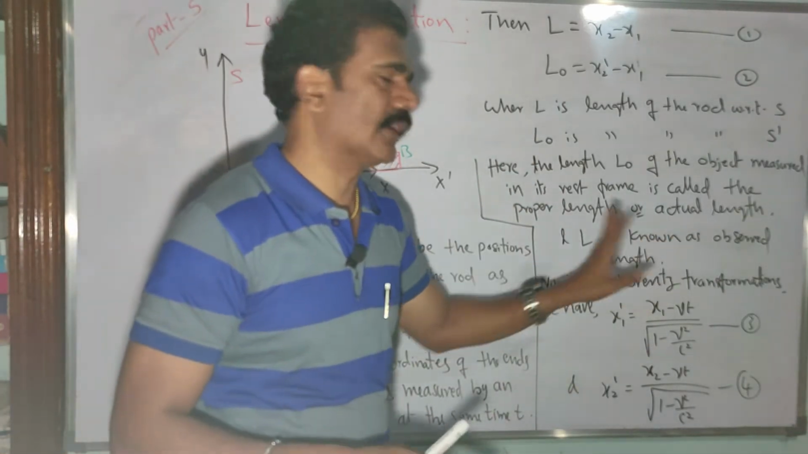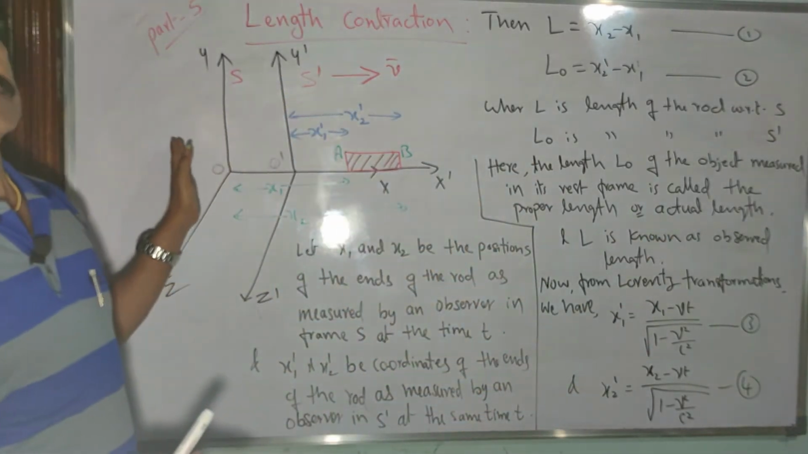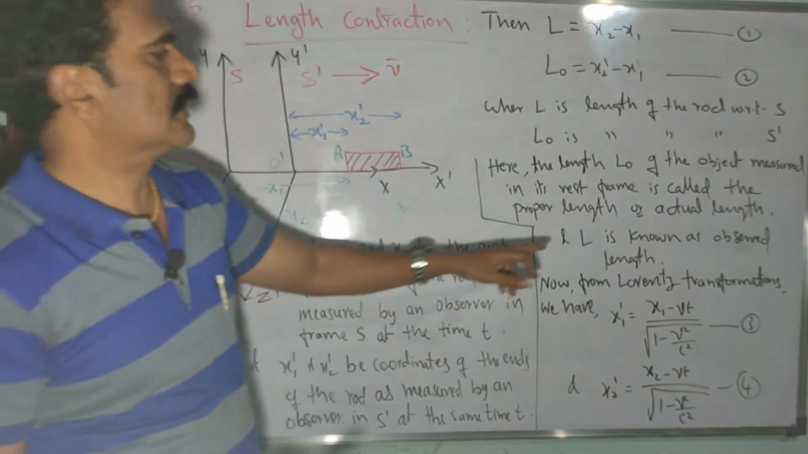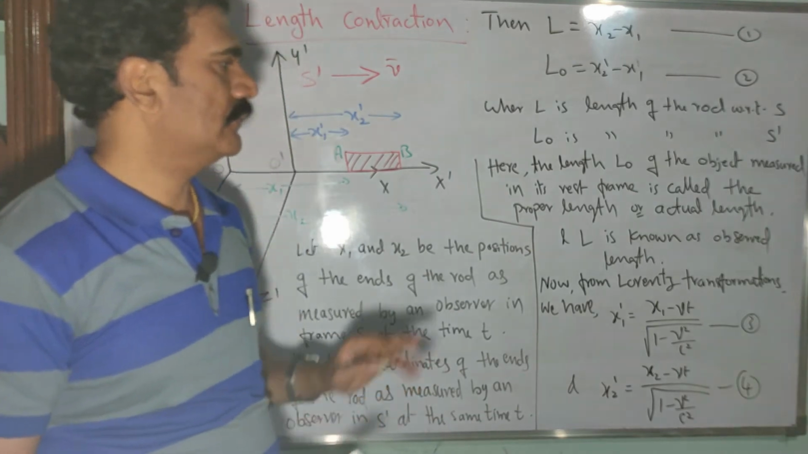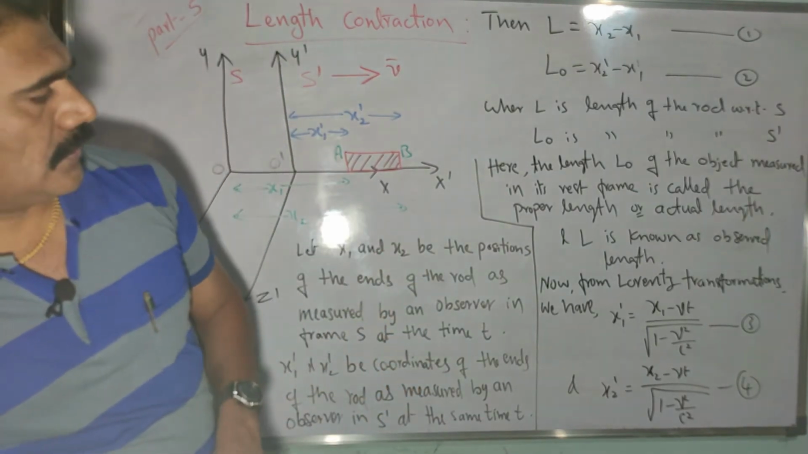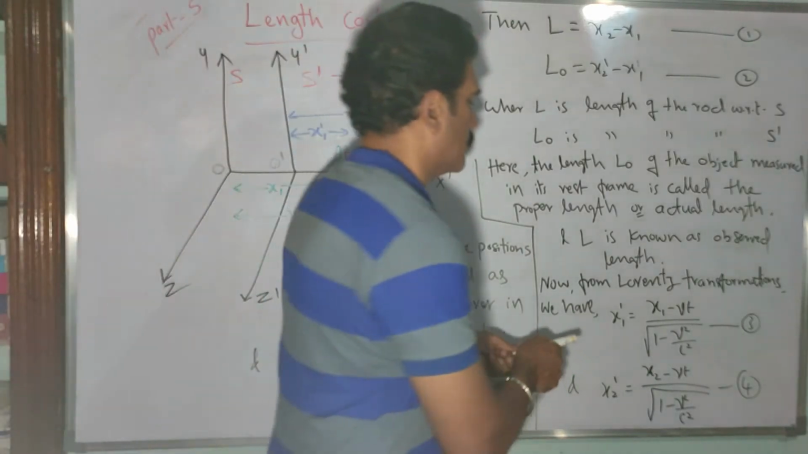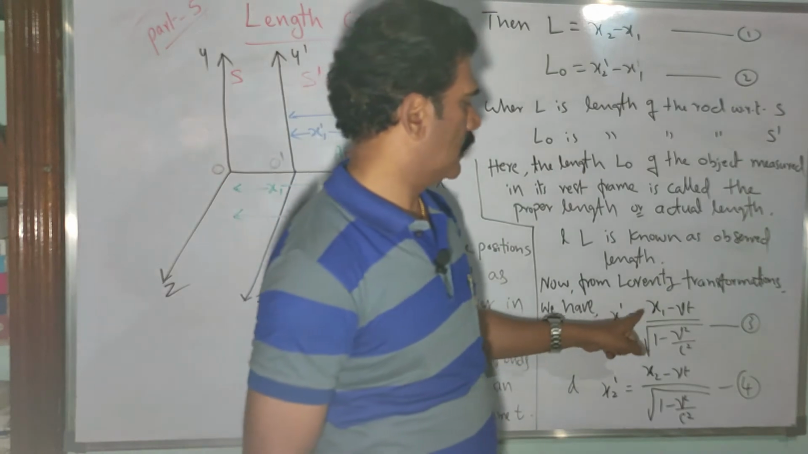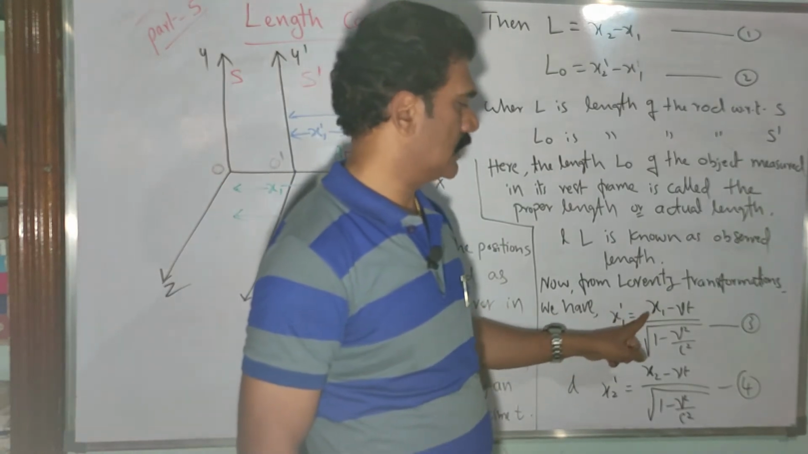L is known as observed length only, because it is observed by the fixed observer, so it is called observed length. Now, to see the difference between this L and L0, I will take the help of the Lorentz transformation equations. Okay, so now look at the Lorentz transformations here. As per the equation, the coordinate x1 dash is related to x1